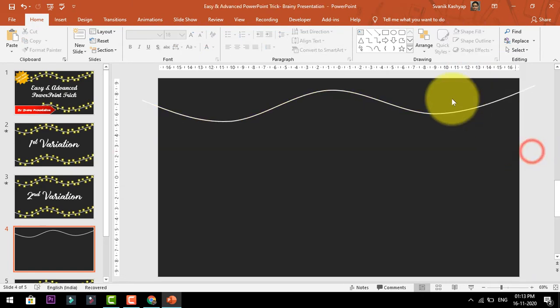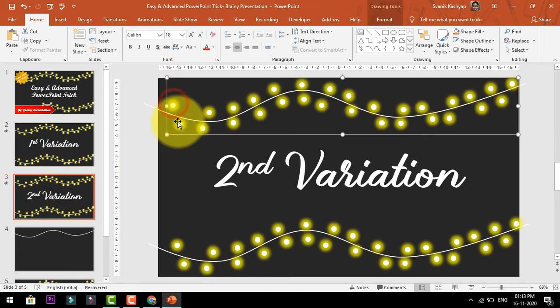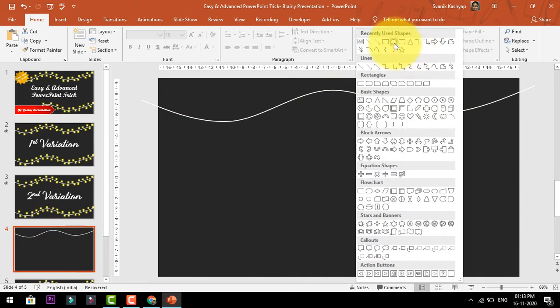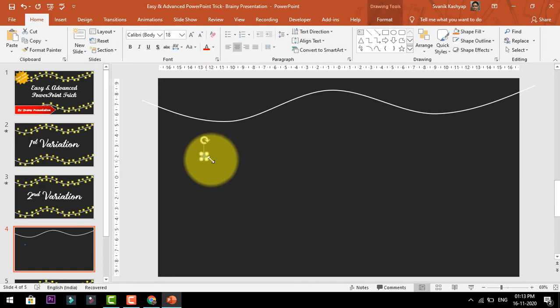Then we are going to create these small white circles. So I am again going under the auto shapes gallery and choosing this oval tool, and I will press and hold the Shift button and draw a small circle. When you press the Shift button, it automatically maintains the aspect ratio of the circle.